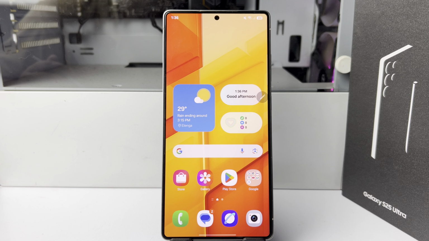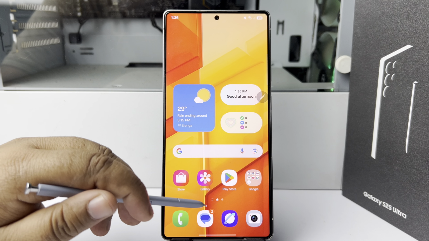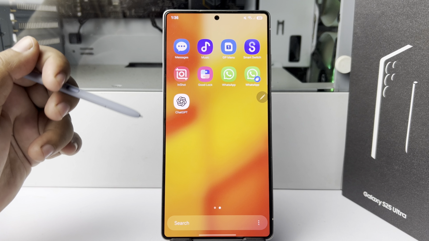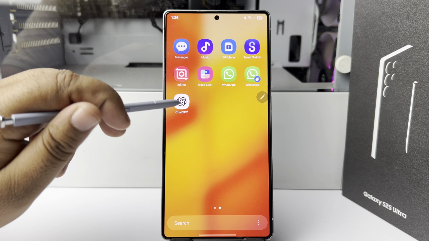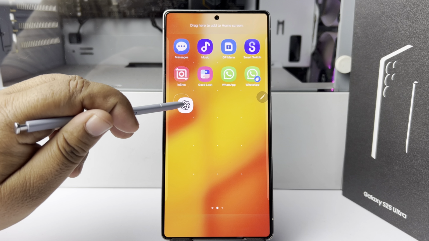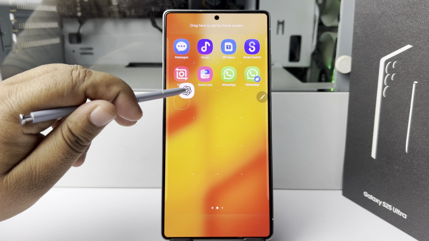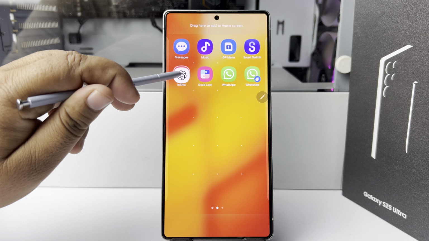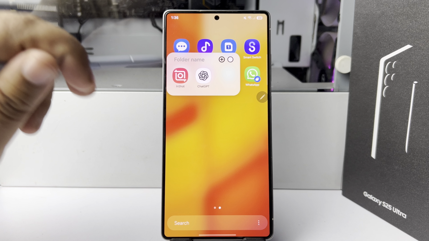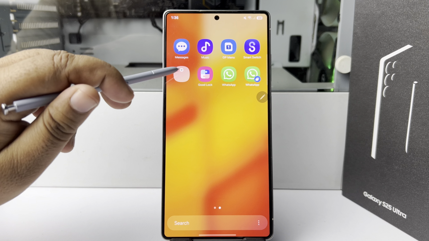Make pop-up folders. I'm going to create a pop-up folder on my app screen. So I'm going to my app screen, and now I'm just long pressing this app, and then I'm just moving this app into another app just like so. Here you can see a border showing. Once the border is showing, then I'm going to release this app, and then a pop-up folder will be created using these